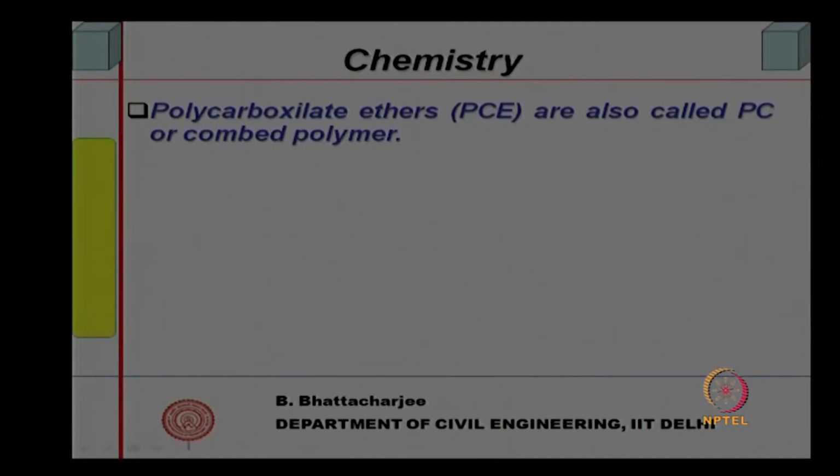The last variety, that is polycarboxylate ethers, these are also called polycarboxylate, PC based polycarboxylate simply, or combed polymer. Carboxylates are nothing but derivatives that come from carboxylic acid having COOH group. This H gets replaced, in case of salt this will be replaced by carboxylate salt, this will be replaced by metal,